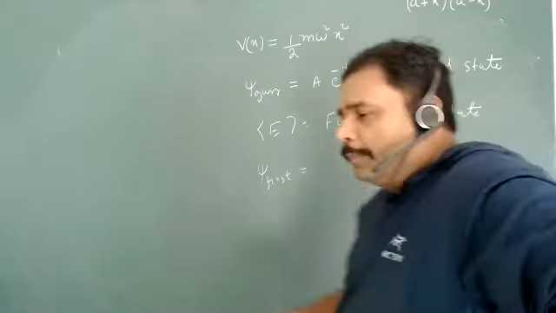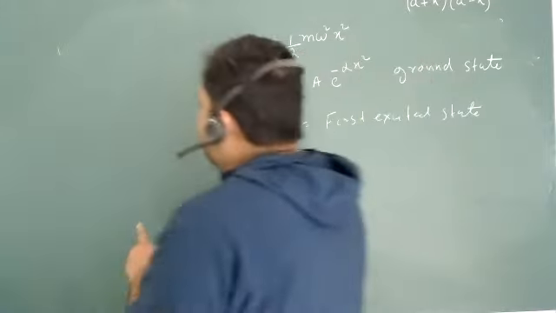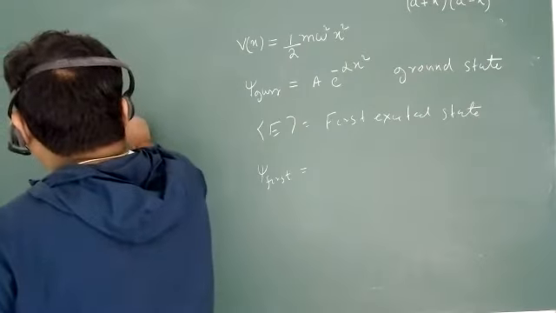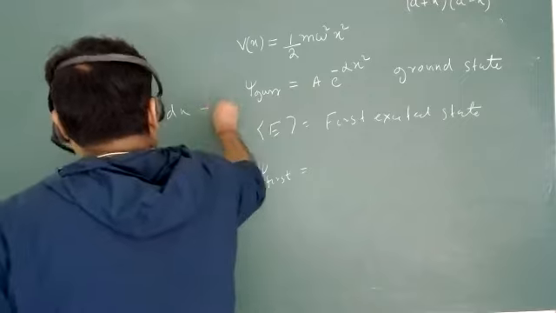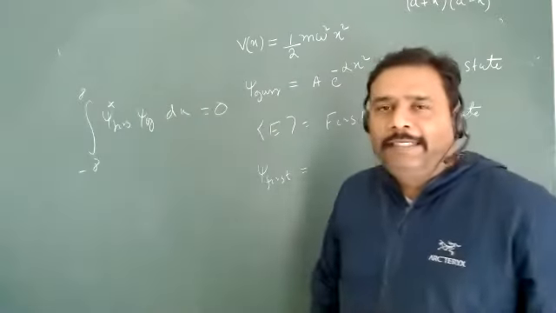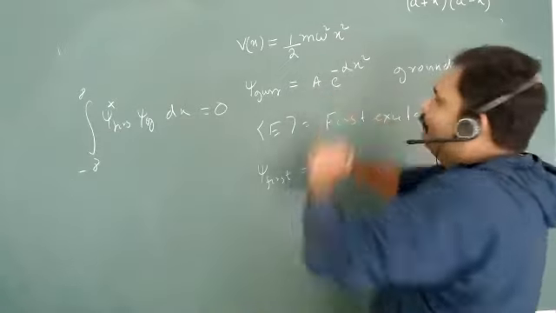We have all the information. We have all the intuition from solving the Schrodinger wave equation, so from there you can guess what your first excited state wave function will be. Sir, x e to the power minus alpha x square, or x cube type. Exactly. You should check that your first excited state and ground state must be orthogonal. This is your first condition, isn't it? So which wave function will be orthogonal to this wave function?